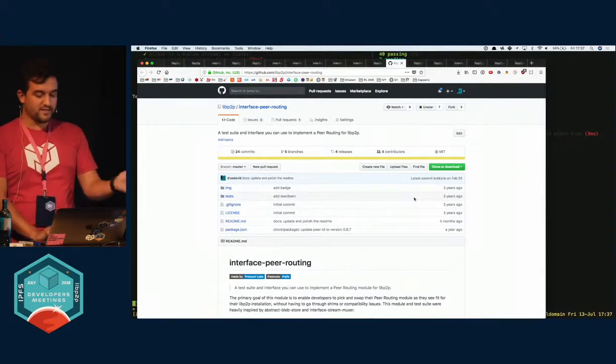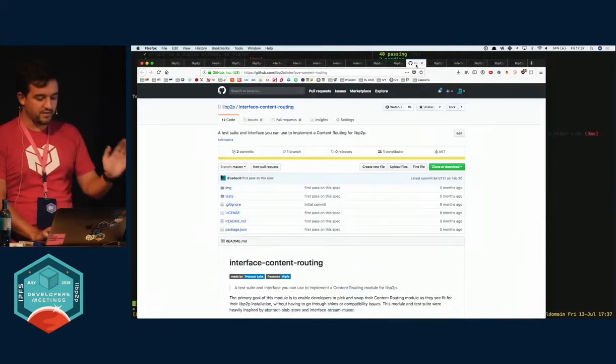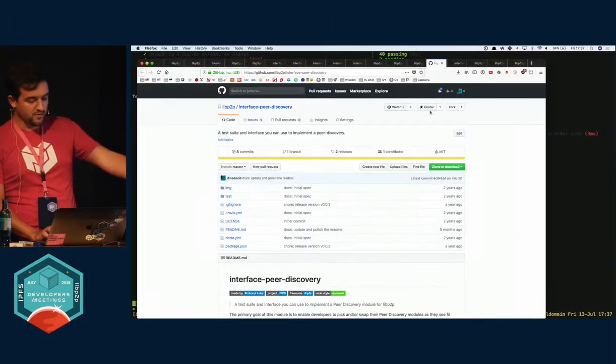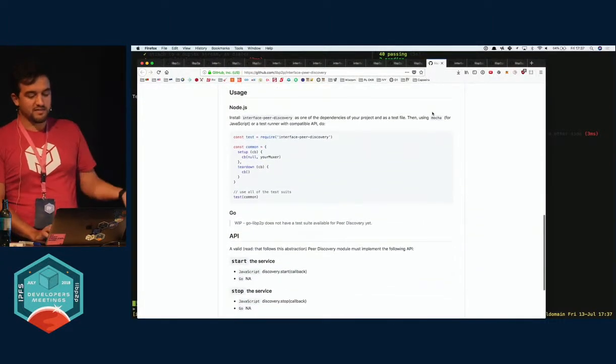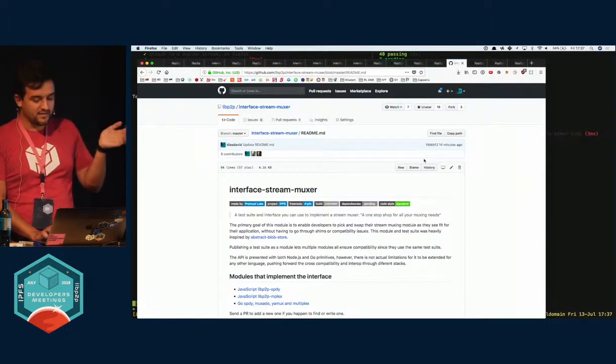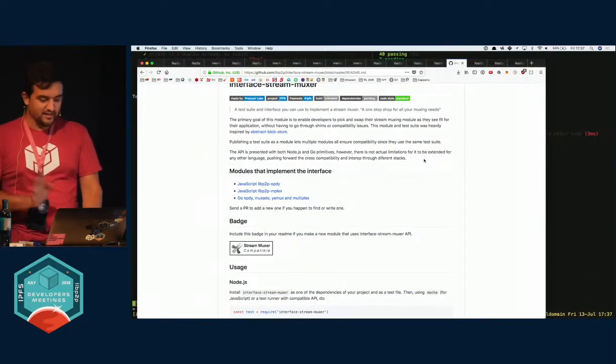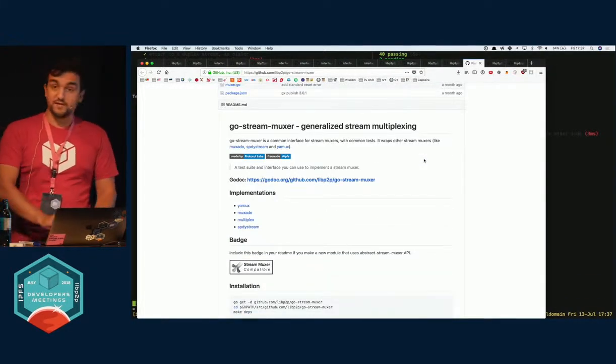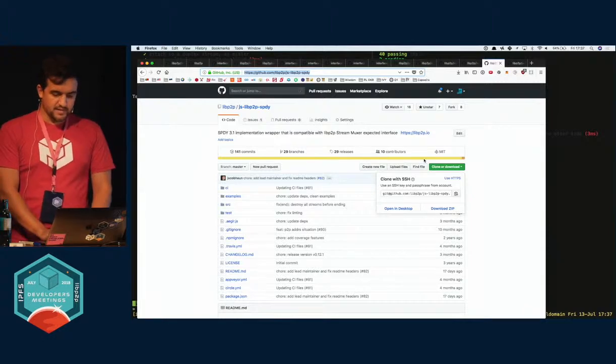Cool, this was one. You can find all the other interfaces for peer routing, for content routing, for peer discovery. You always get the nice badge, and yeah, that's it. Okay, that was the first part of the demo, or the first demo. The second one